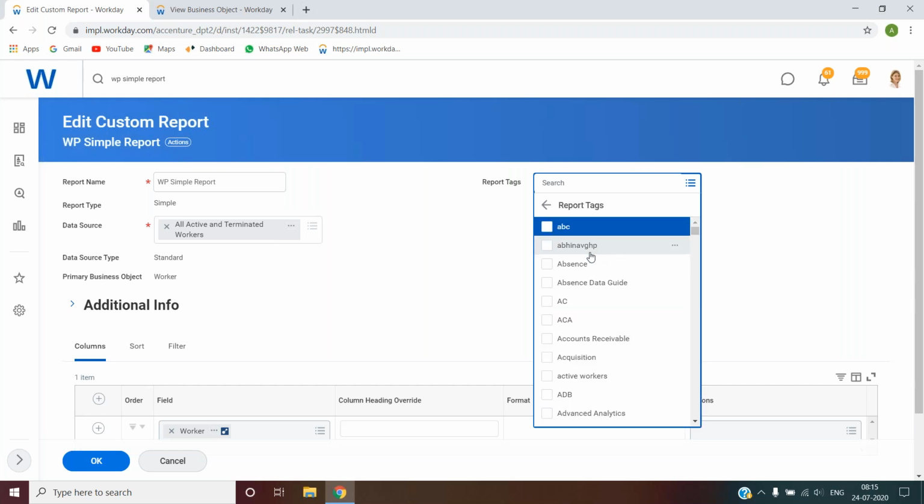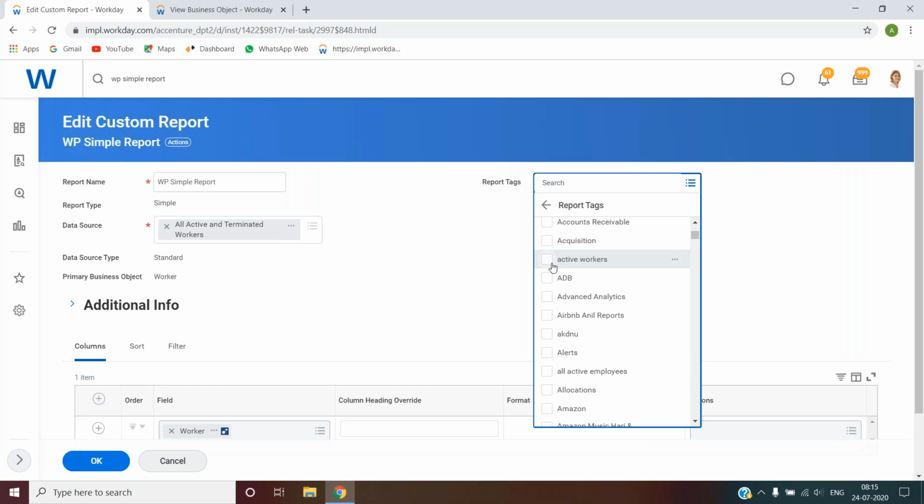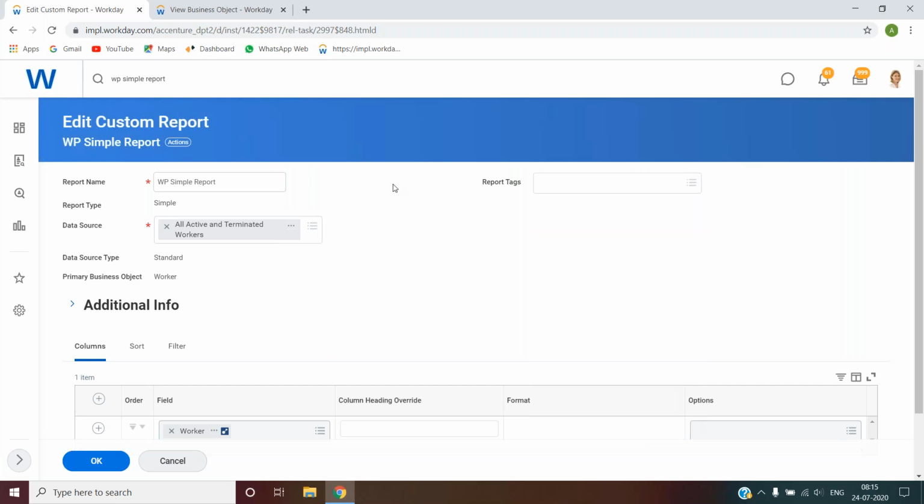It's a multi-select like this. So say acquisition related or absence related. You can choose multiple as such. So that's tagging, which helps you in identifying which report is linked to which tags. Okay, now we understood this header part. Now coming down,